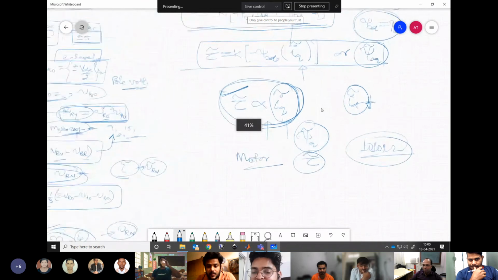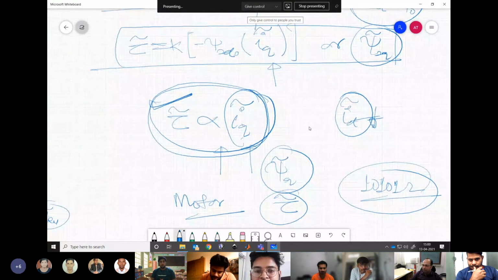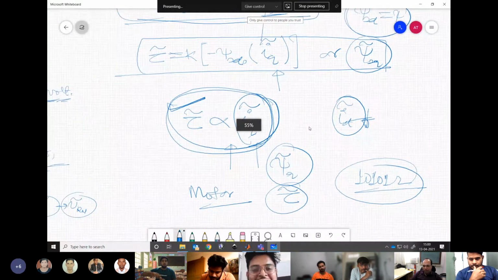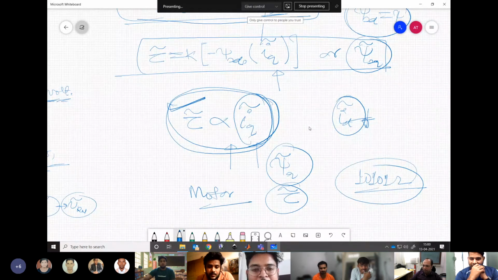And those who are interested are always welcome. So they can understand more, they can do more things on this, such as how simple code can be written for this space vector implementation and all these things. These things we can discuss separately apart from the course. That's not part of the course.